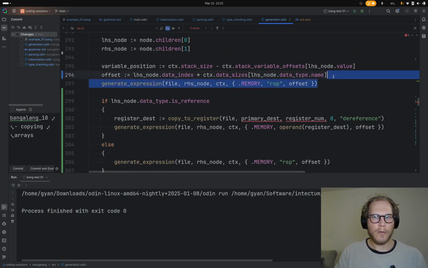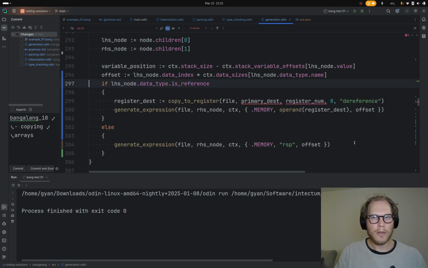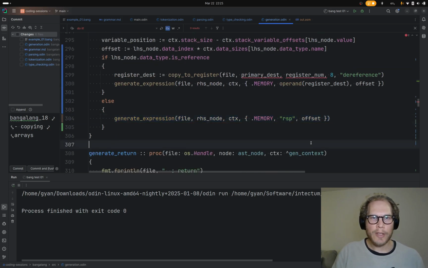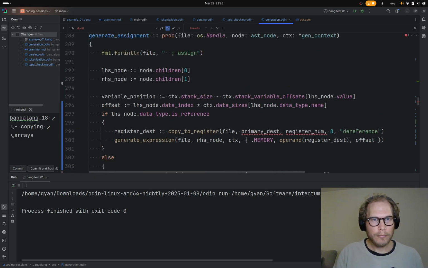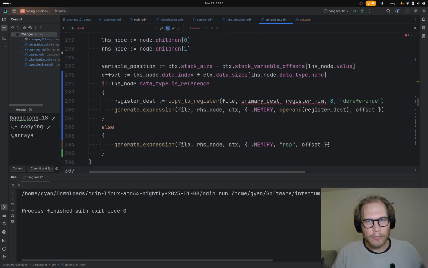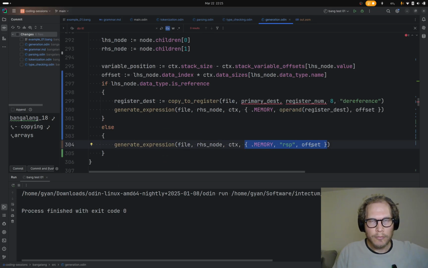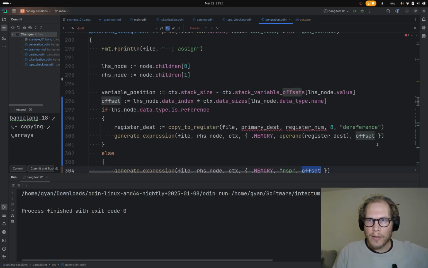We just do what we did before. I mean, if there's no dereferencing to happen, then it's all good. Yeah, because this is the indexing part here. Now